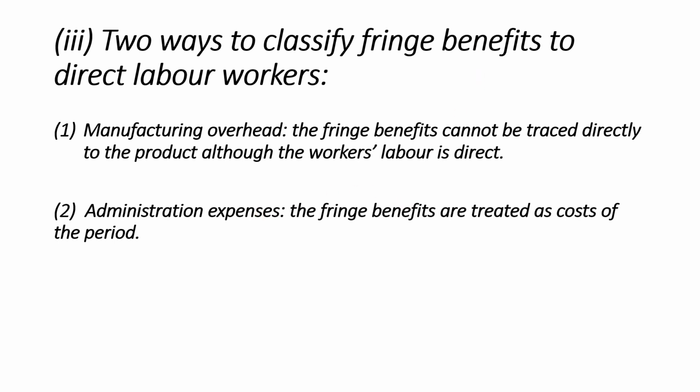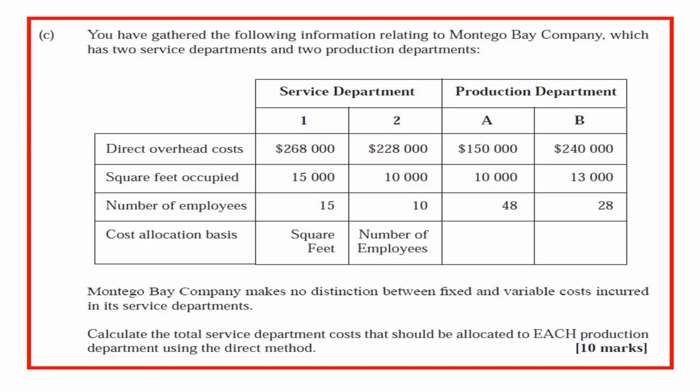Okay, let's move on to the next. Okay, part C. You have gathered the following information relating to Montego Bay Company, which has two service departments and two production departments. So this is allocation or apportionment of the service departments' cost to production departments. Okay, so you have them here again as well,